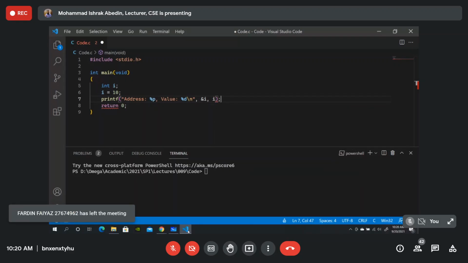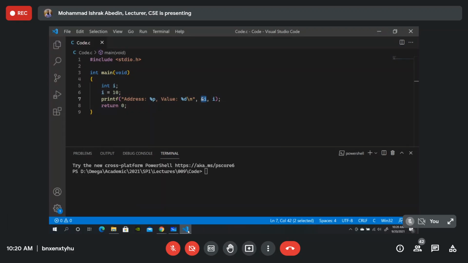So remember, whenever we put the ampersand sign, this is a unary operator, associated before a variable. Whenever we put that sign, it means that we are now fetching the address instead of the value. Now if we compile and run the code,